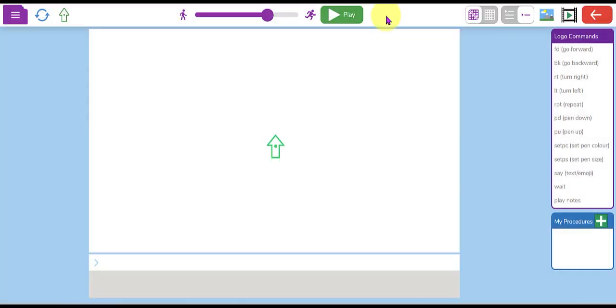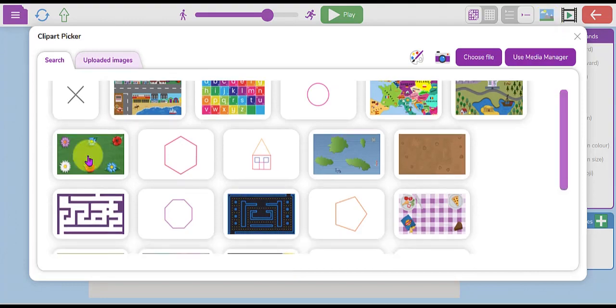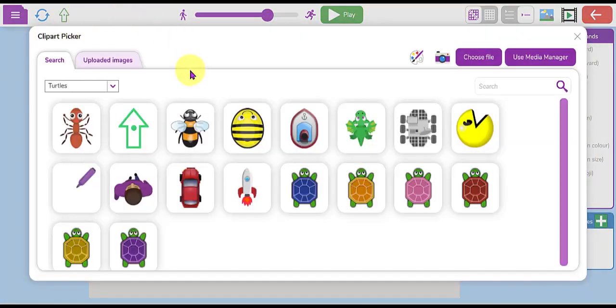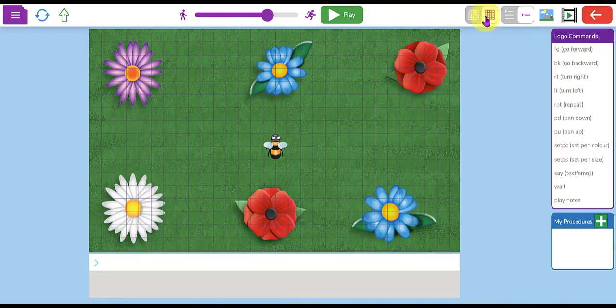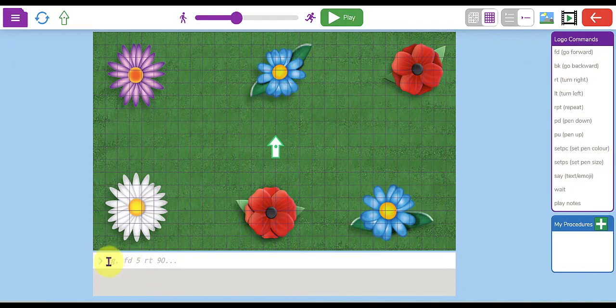So I'm going to design a challenge that I'm going to set for my pupils to complete. First of all, I'm going to choose a background and change my turtle to the bumblebee. I'll then turn the grid squares on, which will enable my pupils to count the squares when they're programming. I'm going to use the single line mode, which is the best mode for pupils who are just beginning to